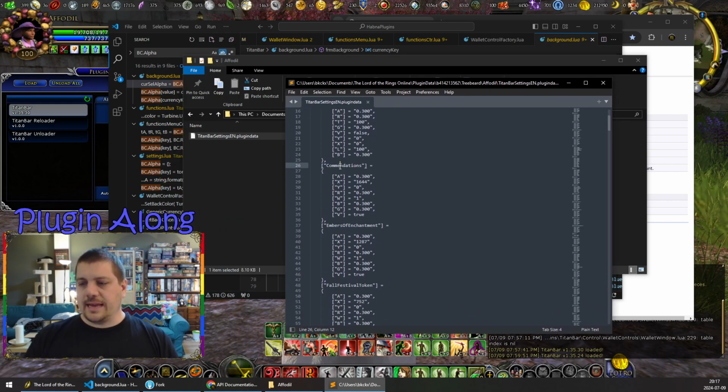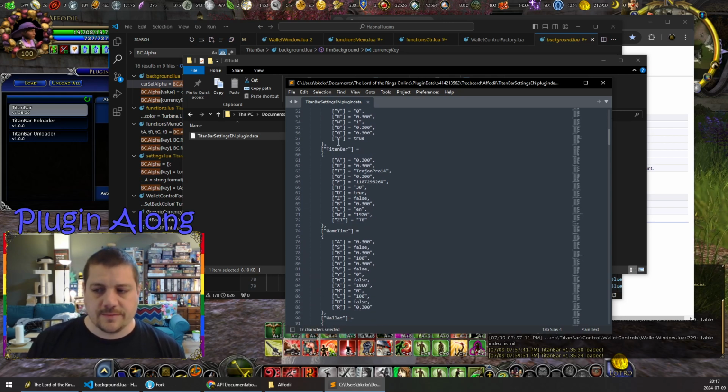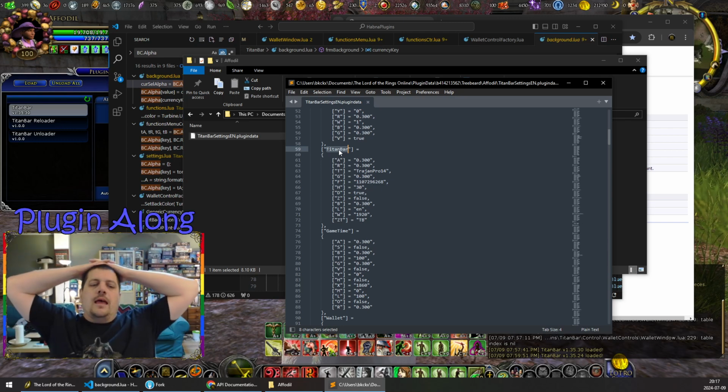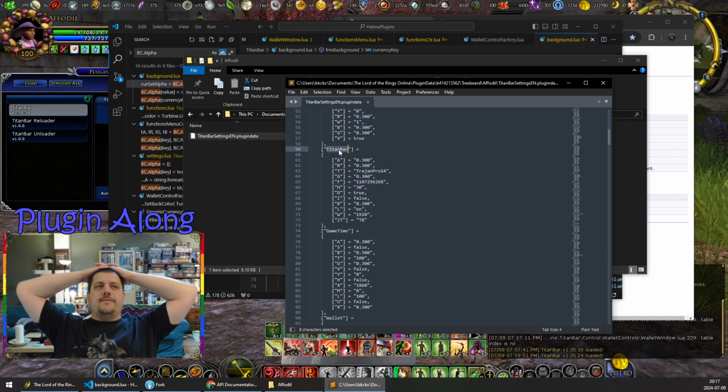So we're using that inner thing, combinations, Embers of Enchantment, Fall Festival token, etc. So I'm trying to envision what this looks like going forward. You can imagine a TitanBar release that has this new feature, the new window that supports arbitrary currencies, and those